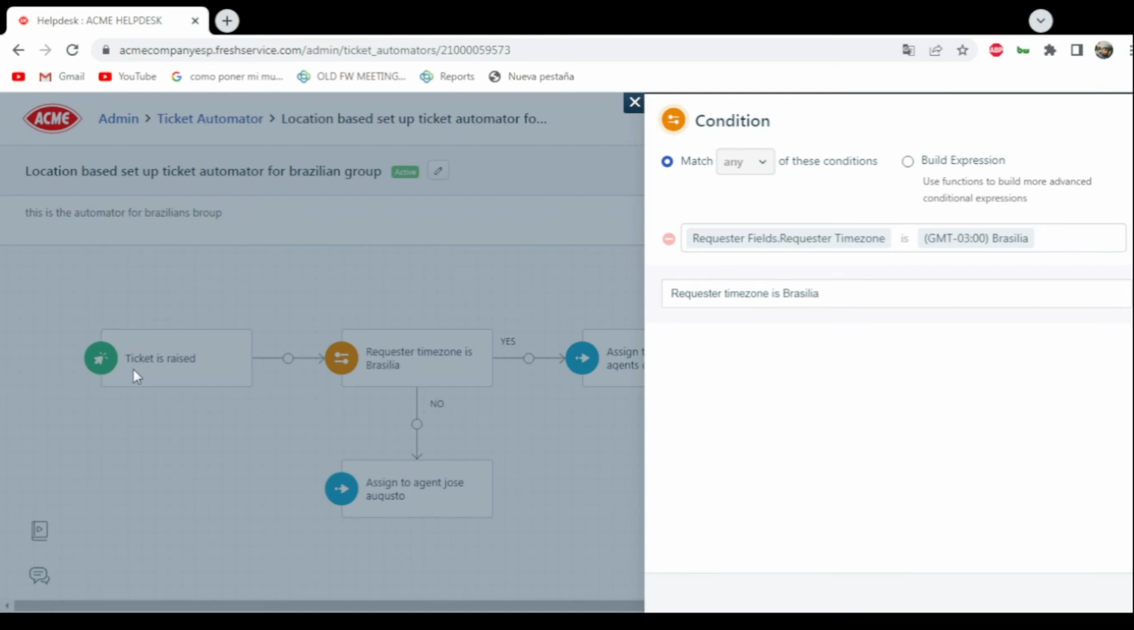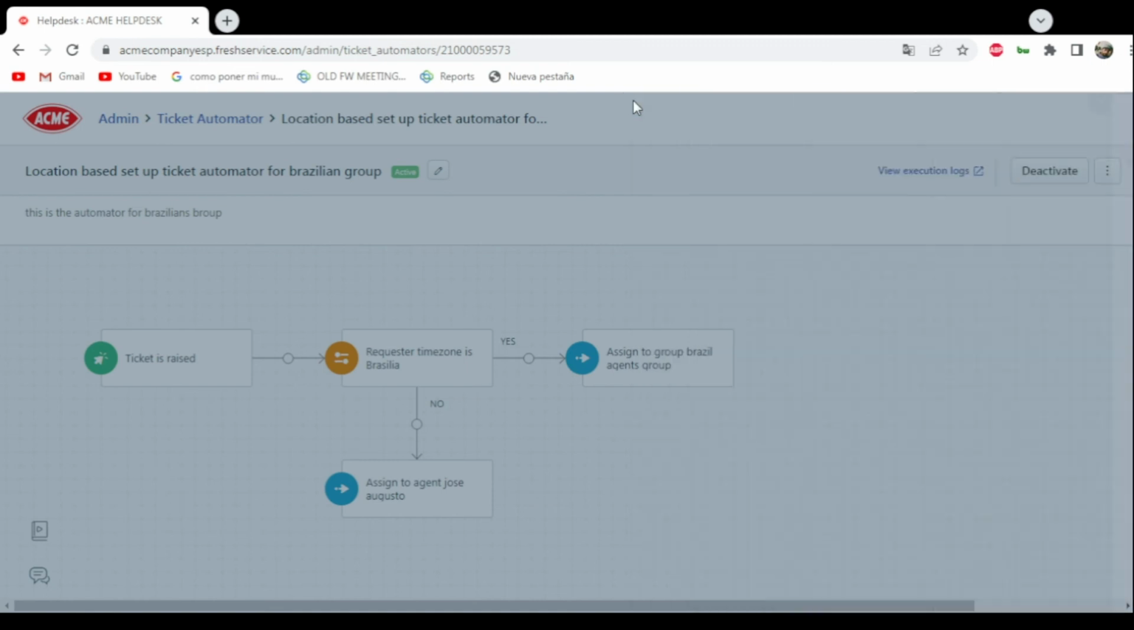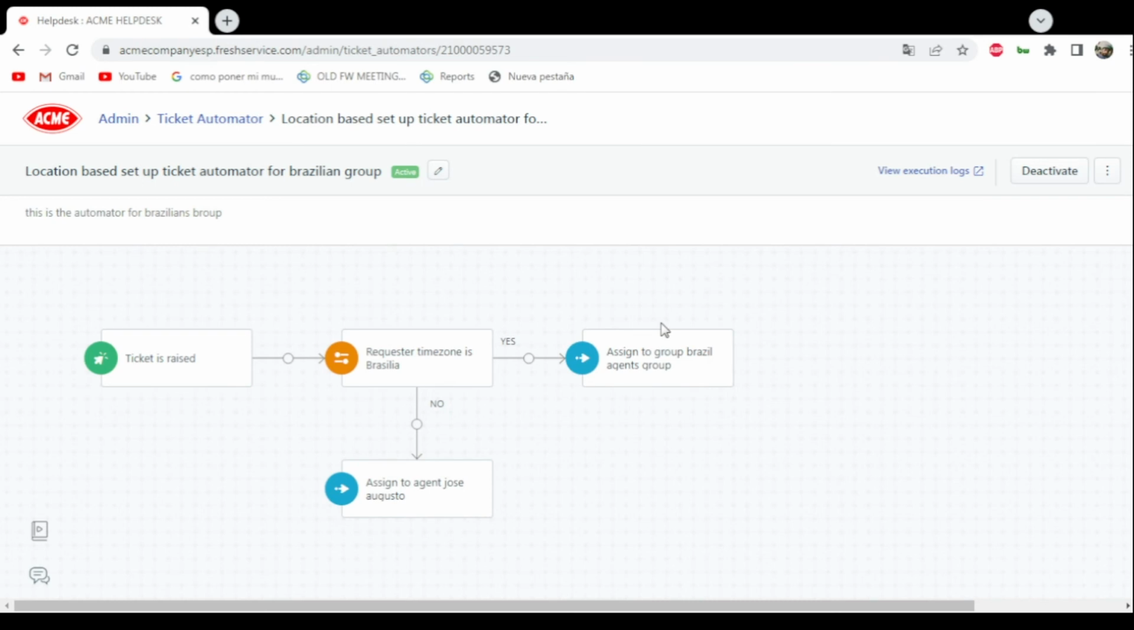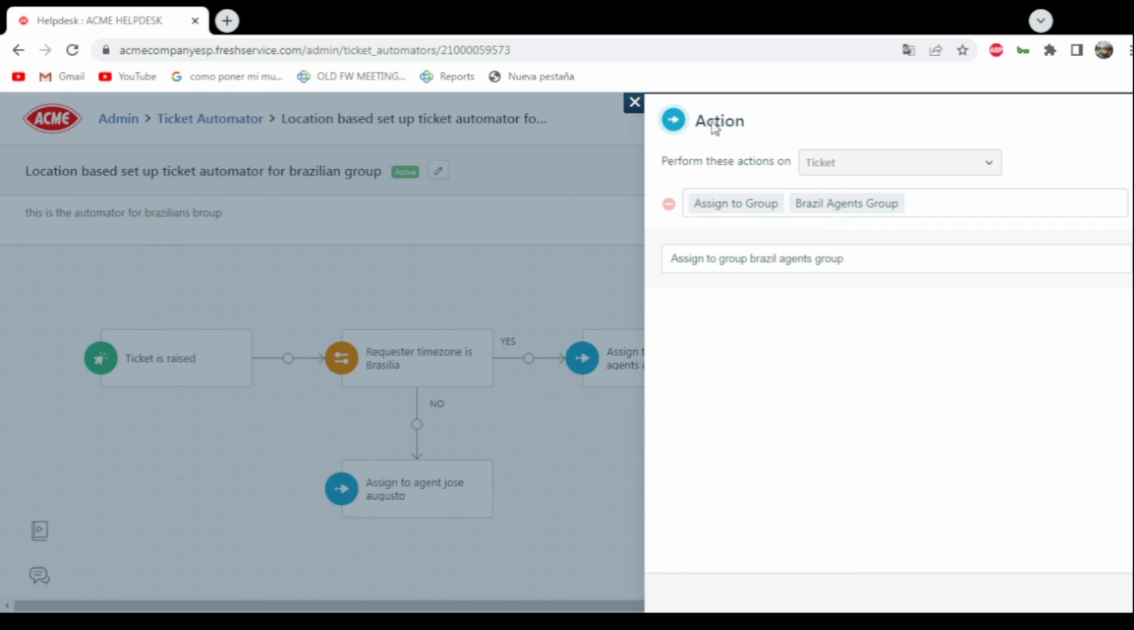So when a ticket is raised and the condition says that the time zone of the person who created this ticket is from Brasilia, we are going to add two actions. If it's positive, I mean if the time zone is Brasilia, the action is going to be assigned to a group, and the group who is going to receive the ticket is going to be the Brazil agents group